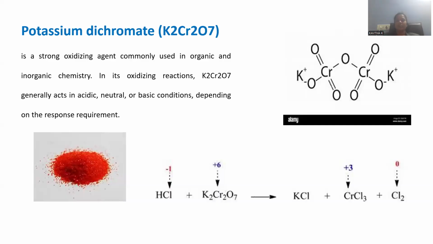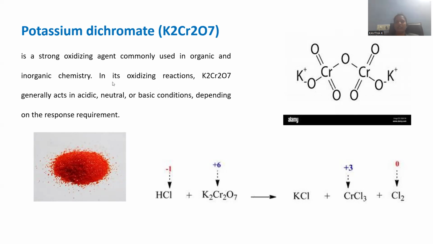Let's enter into the concept called potassium dichromate K2Cr2O7. You can clearly observe here we have two chromium atoms, and the two chromiums are bonded with the bridgehead oxygen, and each chromium is surrounded with two ketonic oxygens on the same chromium, and on one of the single bonded O minus is located a negative charge counterbalanced with K positive. In the same manner, another chromium is also surrounded. Potassium dichromate is a strong oxidizing agent commonly used in organic chemistry and inorganic chemistry as well.